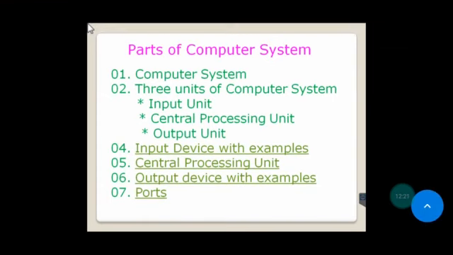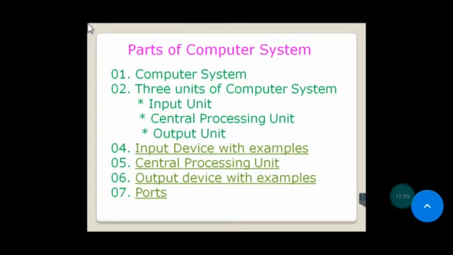A computer system is a programmable machine designed to store and retrieve information and perform arithmetic and logical operations to produce meaningful result in desired format. It consists of three main units: input, process and output units. In desktop computers, all three units are separate devices: a keyboard, which is the input unit, a box with the central processing unit, which is the processing unit, and a monitor, which is the output unit.